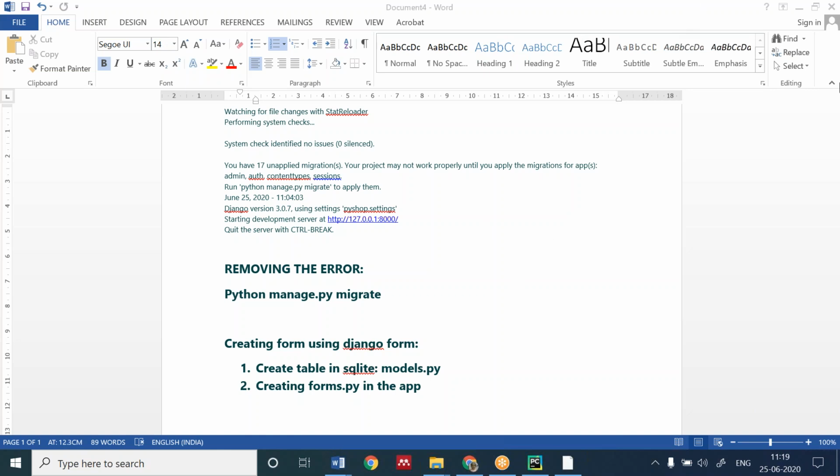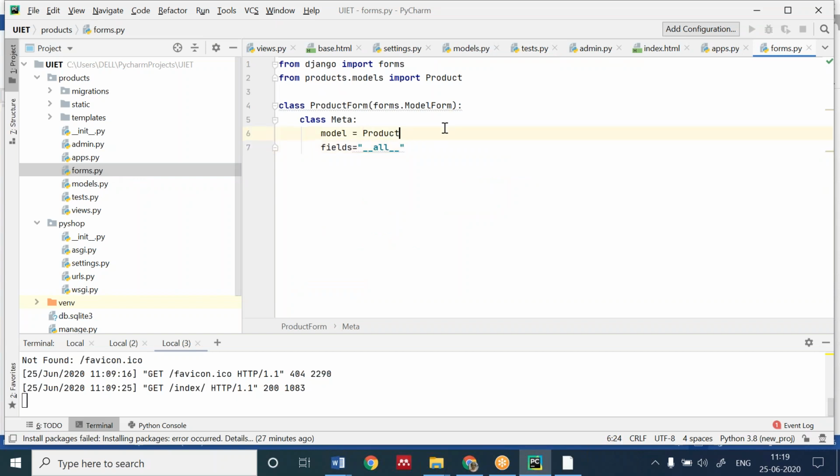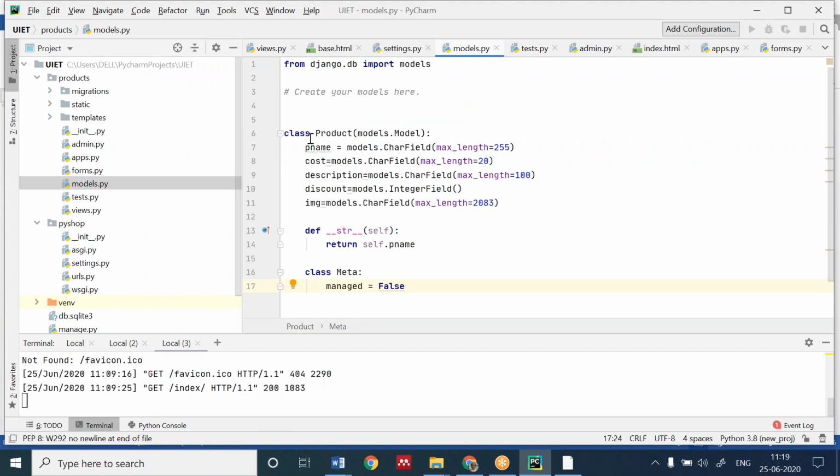When you have created the forms.py file, the third step is to add the form. How do we add the form? I'm opening my forms.py. You can see I have imported Product from products.models. The name should be correct.